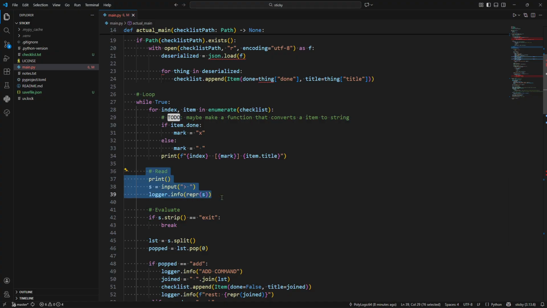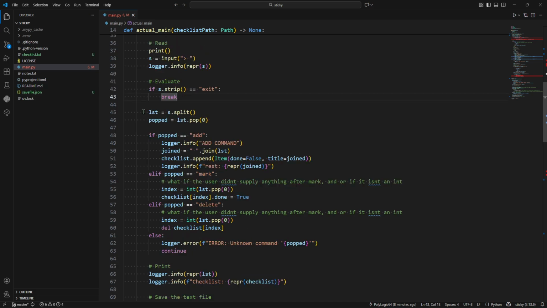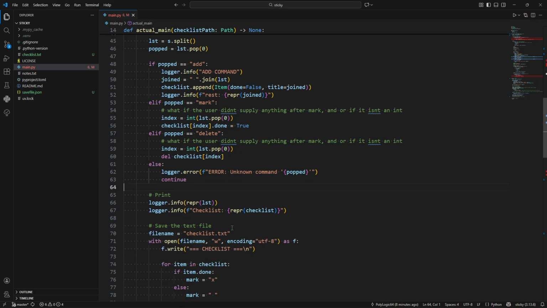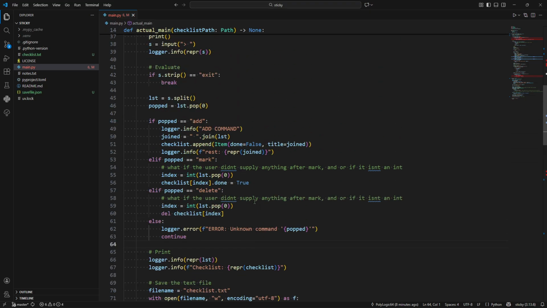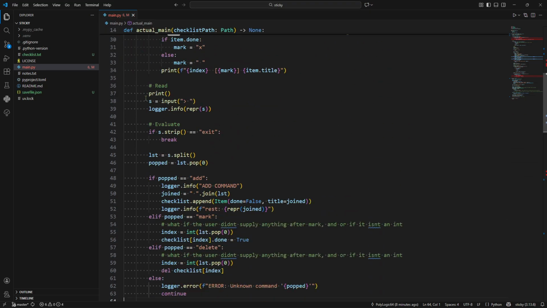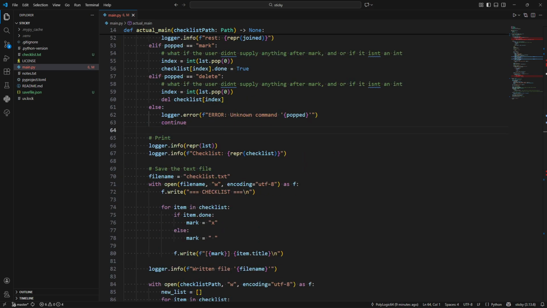And then here we have this loop, and then we evaluate it, and we pop things based on that. What if the user didn't supply anything after mark? One of the ways that you can make this code better, quote unquote, is by separating it. So we have this REPL part, which is the REPL, and then we have this library underneath that does the